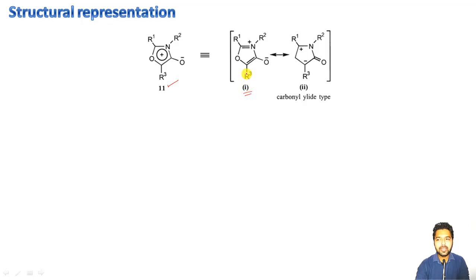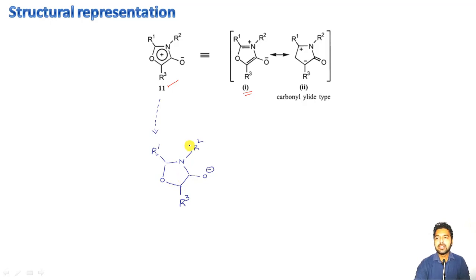Actually, this form here is equivalent to whatever you can see here on your left hand side. Okay, so let me write here. So we can do it like this, means it can be represented in this way. The first substituent, that is the R1, single bond carbon here, a single bond here, nitrogen having R2, a single bond here, then the third substituent here, this is the oxygen negative, this oxygen here which is bonded to this carbon atom.